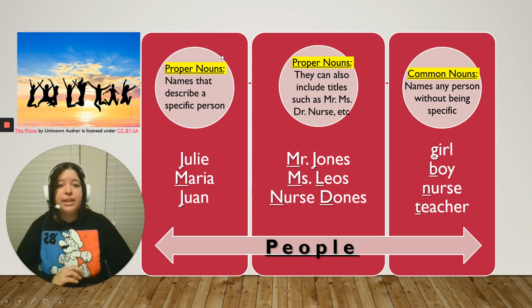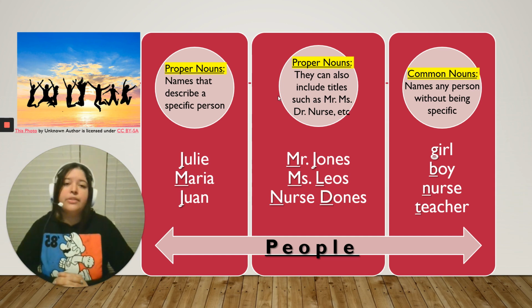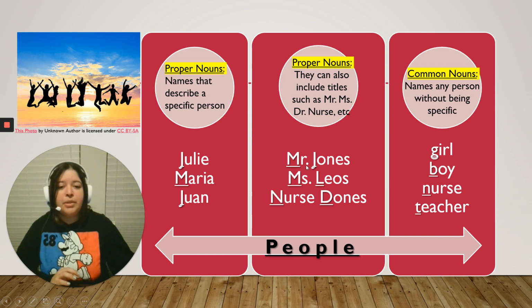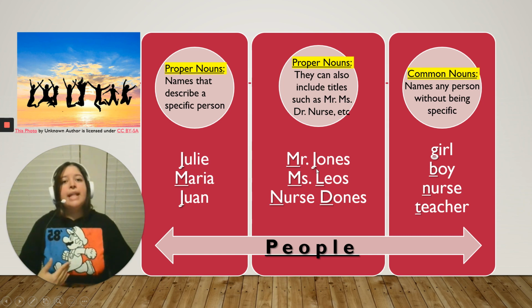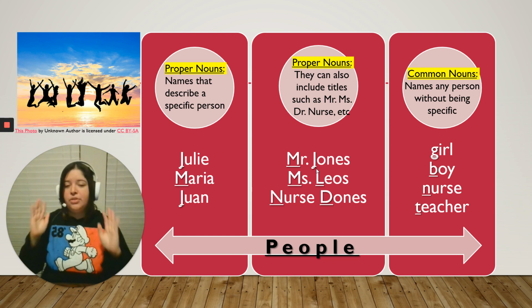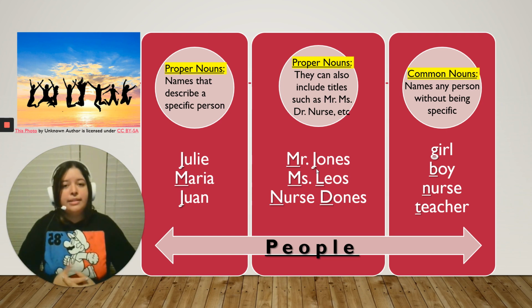In the second column, we can see that proper nouns for people can also include titles such as Mr., Mrs., Doctor, Nurse, etc., or others. And notice here that we have Mr. Jones, and Mr. begins with a capital letter as a proper title. And then we have Jones that begins with a capital letter as well because we're talking about a specific person. The second one we have is Miss Leos. Then we have Nurse Jones. Notice that each one of those is naming a specific person, meaning that you're going to need a capital letter